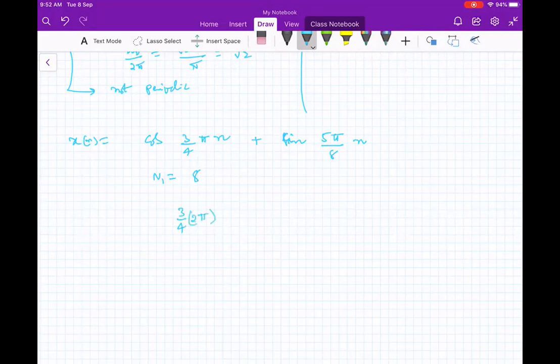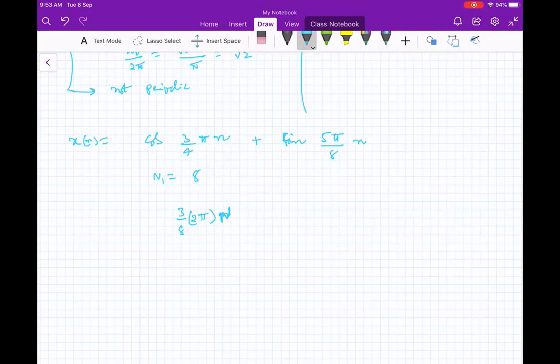So I request someone who has not spoken to answer. The period is 8 for 3 cycles. Yeah, 3 by 8 means right. So what you will be getting is the same thing. Finally I should be able to write it as something into 2 pi. Okay, so this I may put finally n here, but this n is an integer, and into 2 pi I should be able to write.